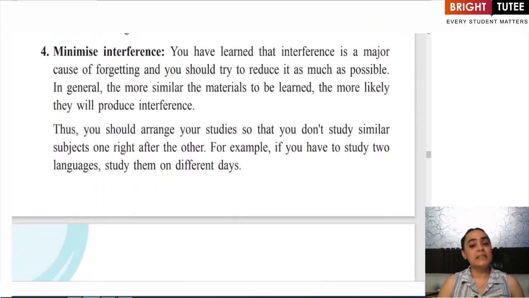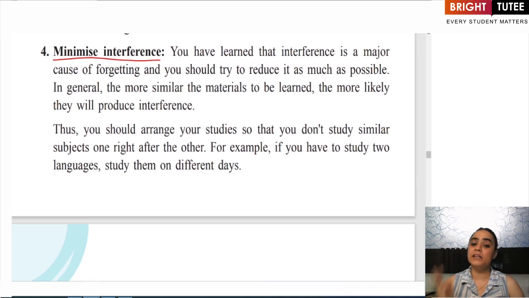Then comes minimize interference. Now, interference, we all know the external factors that might lead to some disturbance, that might add on to the forgetting part of what you are learning. So basically, whenever you sit down for learning, whenever you sit down for preparing for your exams or anything which is important to you, you have to remember that there should not be any interference at all. First, the external interference should be as less as possible. There should not be any external forces like noise of the television, of the radio that is causing a problem